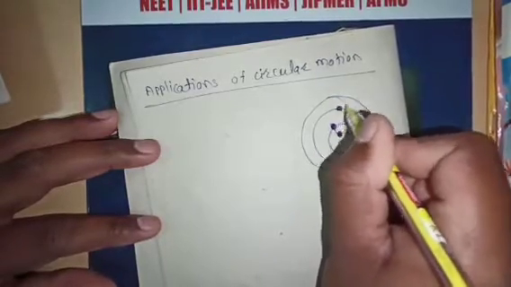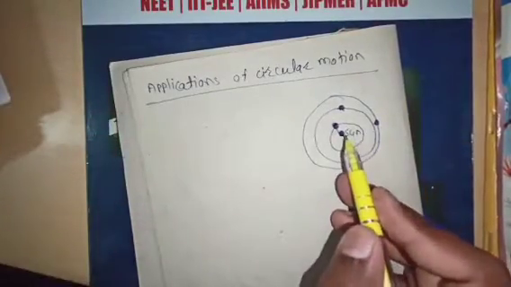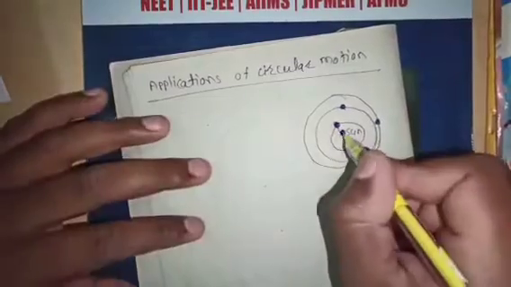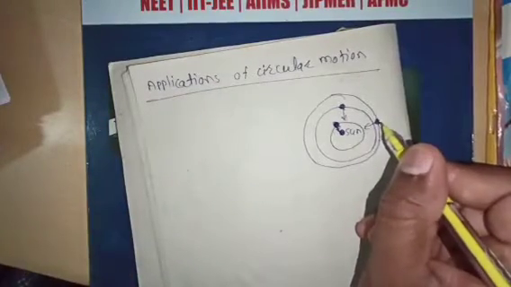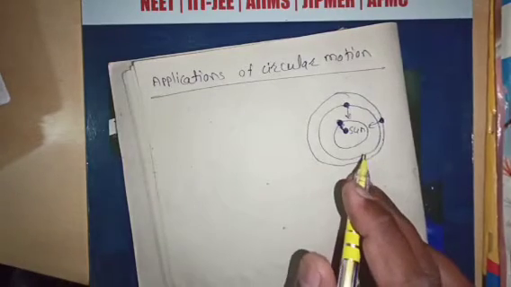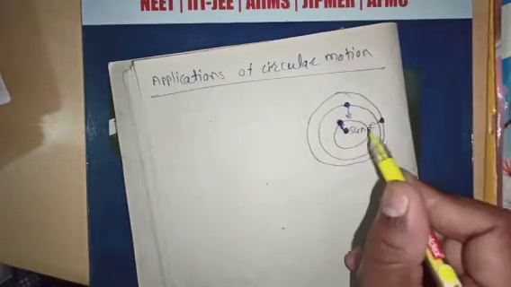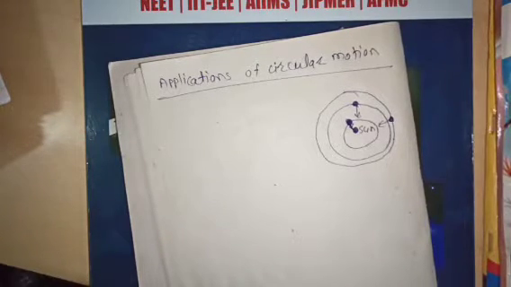When the planets move around the sun, the force acting on the planet is towards the center, meaning towards the sun. The centripetal force acts on the other planets. When the planets move around the sun, the force acting on them is towards the center. Therefore, this force is known as a centripetal force. When the planet revolves around the sun, the force acting on the planets towards the sun is known as the centripetal force.